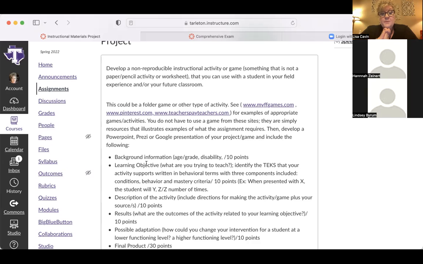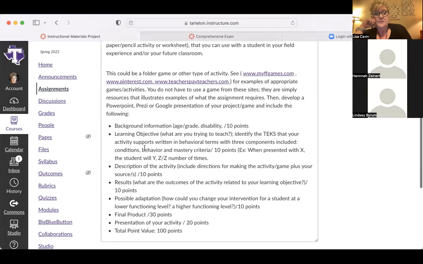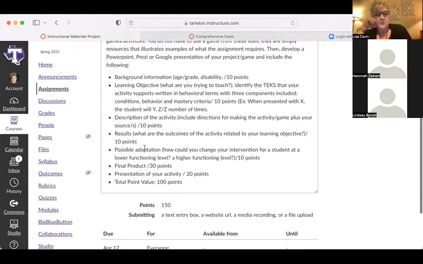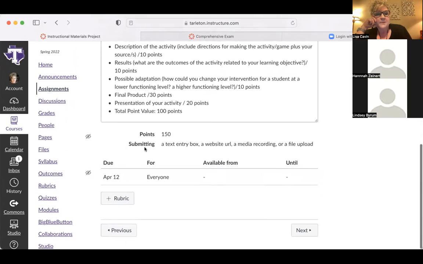And then you develop a PowerPoint or a Prezi or Google Slides of your project, game, or whatever you decide to do, and include the following. And I may change this up a little bit, exactly what I'm going to require. But the main point here is you're going to put this PowerPoint together, and you're also going to actually construct the activity. So construct the activity, and then you're going to do a